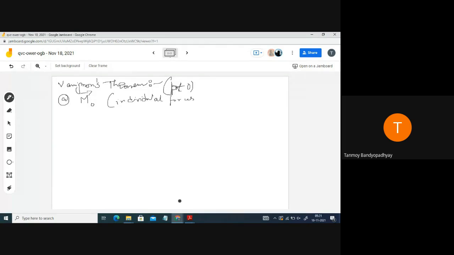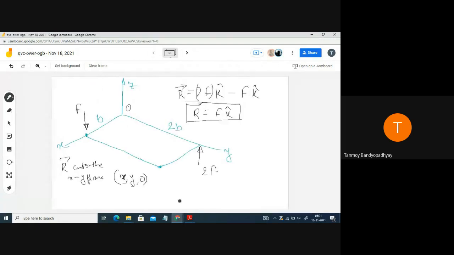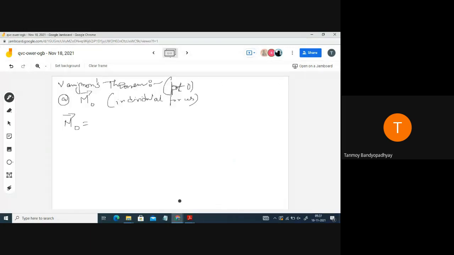due to what I am writing as individual forces. So the moment of the individual forces at the point O should be equal to, let's call this one. We can name the points for our convenience. Let us call this point A and this point B. So this is FA and this is FB. So we can write the expression as r_OA cross vector FA plus r_OB cross vector FB.